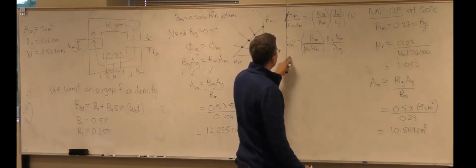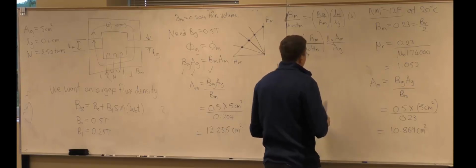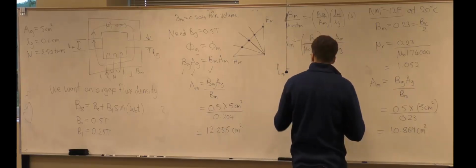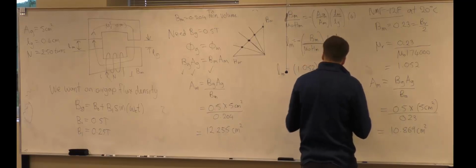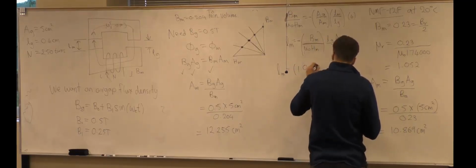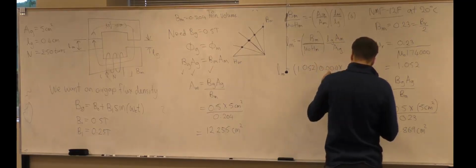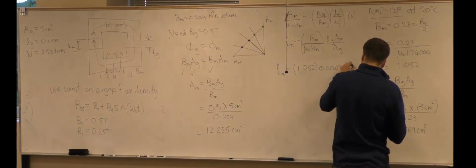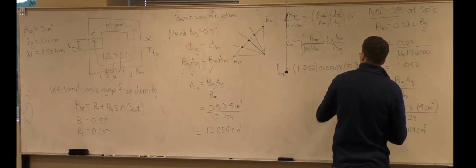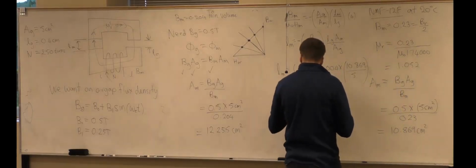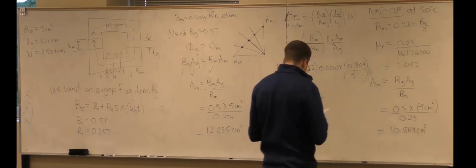Okay, and then using the same Lm equation, we can substitute in, and we get out 1.052 times the Lg, which is 0.004, times 10.869 divided by 5, and so now that gives 0.91 centimeters. So it's a bit less,